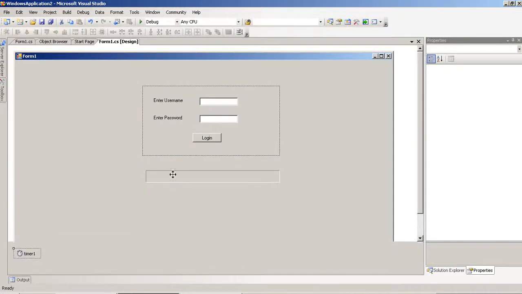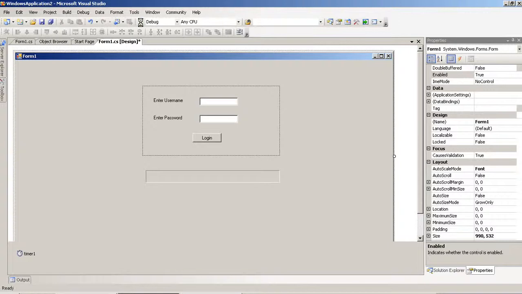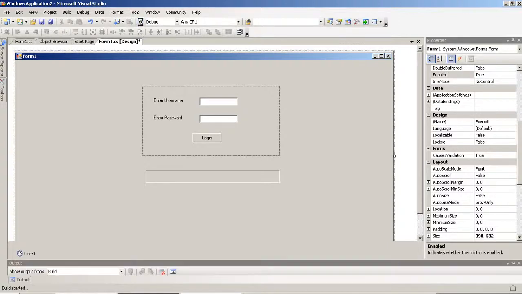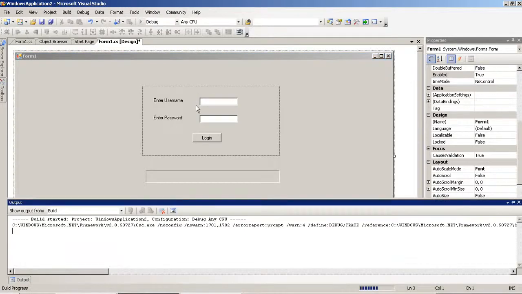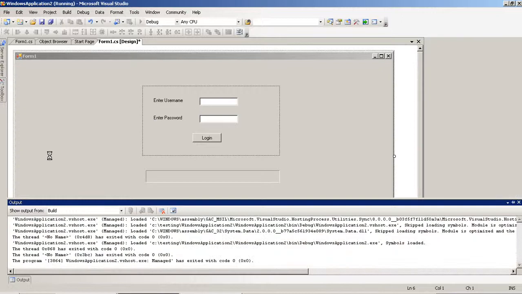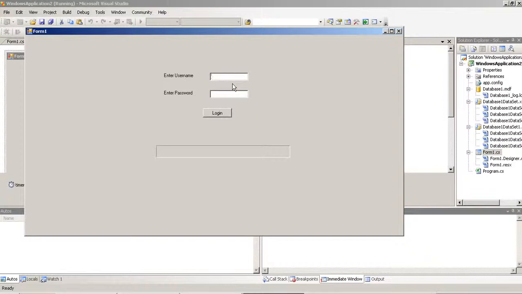So first of all, in the timer property I set enabled to false. Now I run this page. I set username equal to Amit and password equal to India. So we will check that. I set the password as India, and now I press the login button.